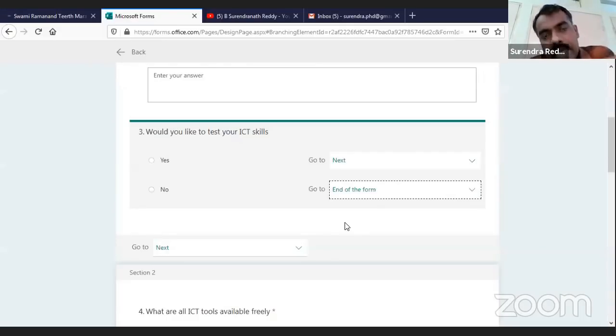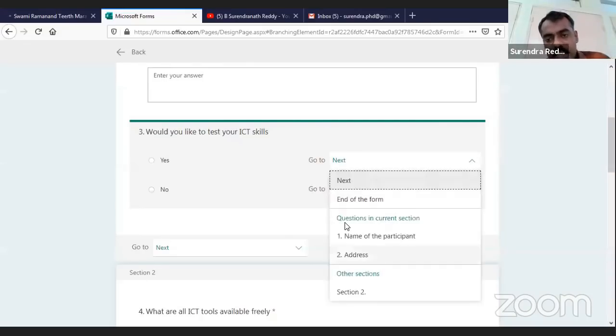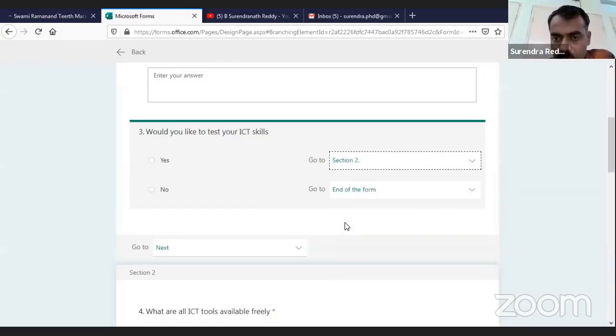But here it is available within a section. You can see here in this section, there are questions available. You can go to those questions, or we can go directly to the next section, right? So remember here, I would like to say that branching is available in Google Forms also, but here one extra option is there within a section.